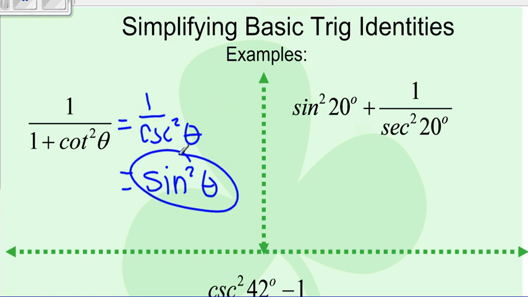Okay, over here on the second one, again, I like things to be in terms of sine and cosine. So I noticed that my first one there is in terms of sine. So I'm going to leave that one, sine squared of 20 theta plus. Then I have 1 over secant squared of 20. So I could either use the reciprocal function, which would give me cosine squared of 20, or I could try to use my Pythagorean identity,